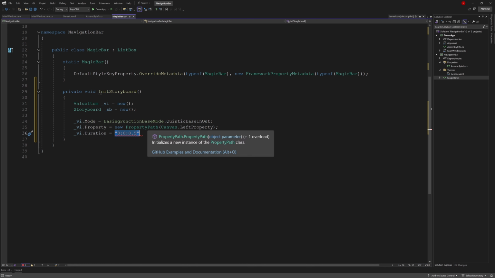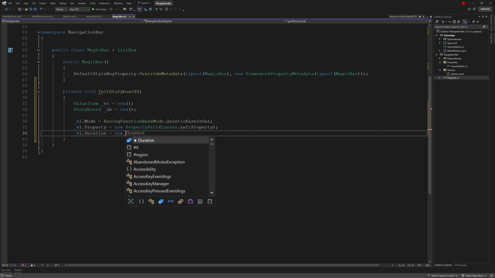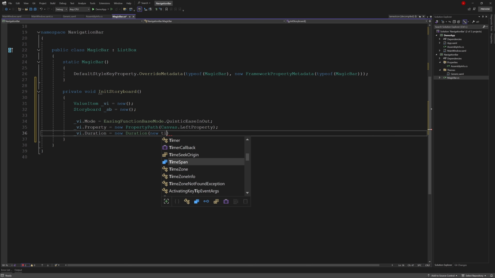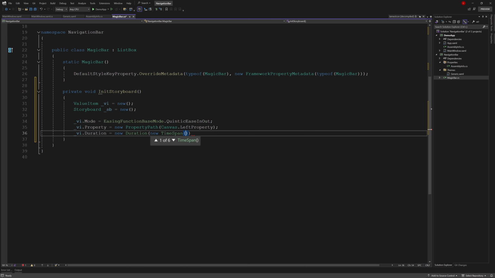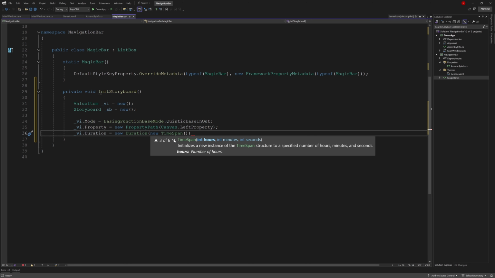But now, new Duration, new TimeSpan, and there are 6 options. Since we want to use milliseconds, we scroll down and choose the 5th one. Half a second is 500 milliseconds, so we set the value to 500.